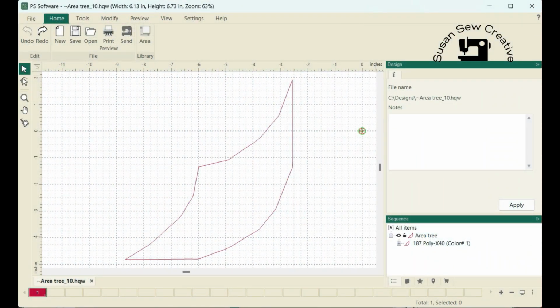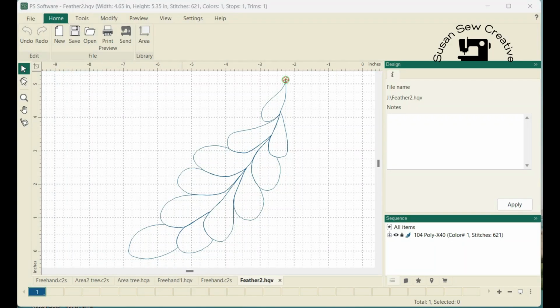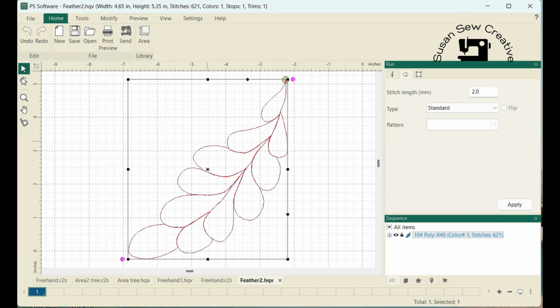Now, I also traced the area that I needed to fill in so I know exactly the space or the size of my design when finished. And here's the feather I ended up with after doing all my cleanup. By the time I got this done, which didn't take me maybe 10 minutes, I was tickled to death with my final results. Select all, and I'm going to copy it